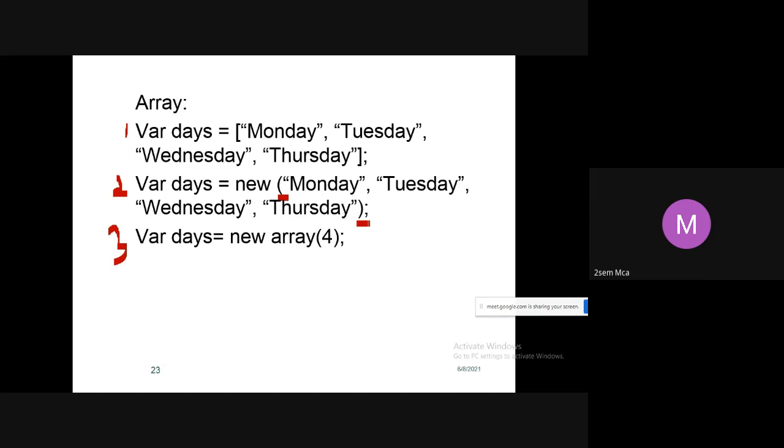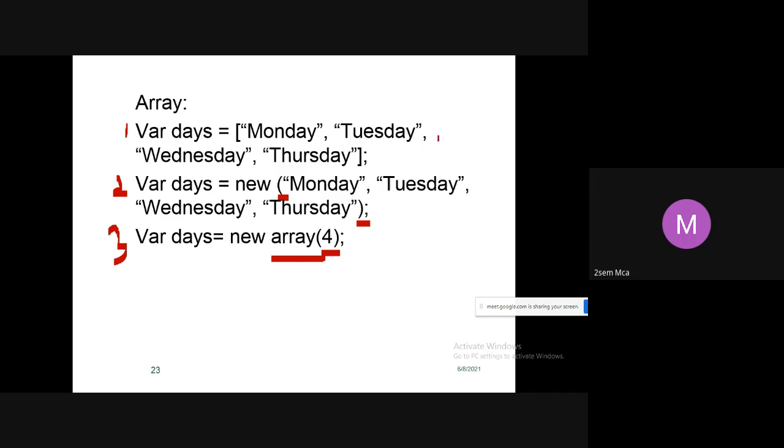And here one more example I have written, students, where days is equal to new array. This is also an array declaration, but here I have not fixed the values. You can take any four days value. Saturday, Sunday, Monday, Tuesday also you can take, or Monday, Saturday, Friday, Sunday also you can take.